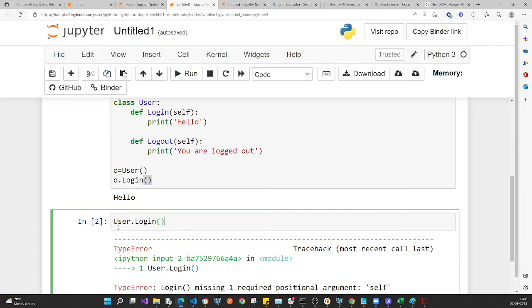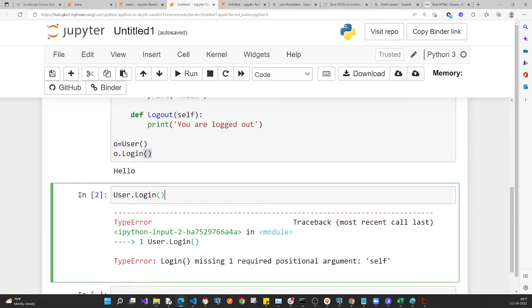When I'm calling with the class name, your login method is confused because it is being called with the class name, and one class can have multiple objects. So it is confused about what needs to be done. In this case, we have to explicitly pass